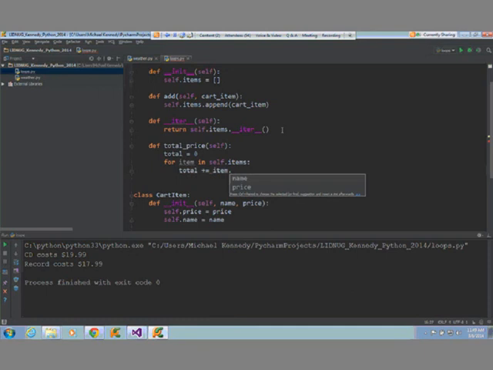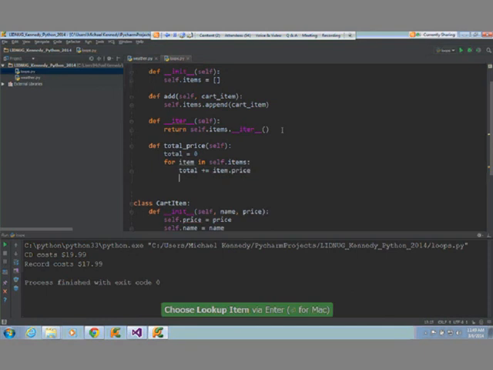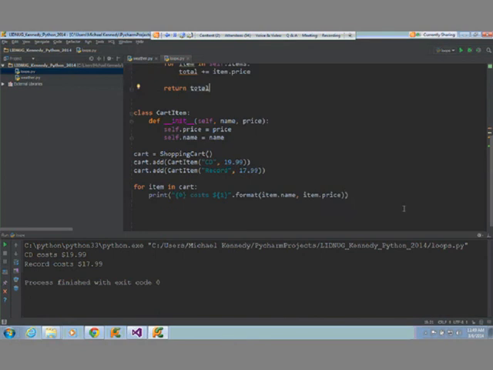Notice it now knows IntelliSense, yippee. Okay. Return total. So down here at the bottom, I could write this code. I could say print the total price is $0, and we'll say format cart.total_price.